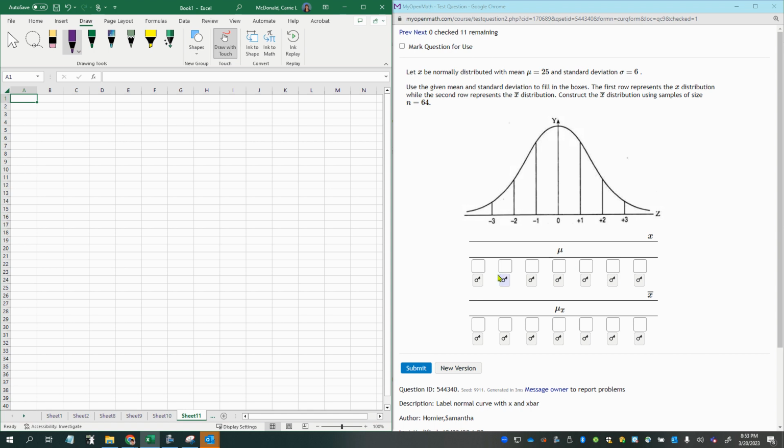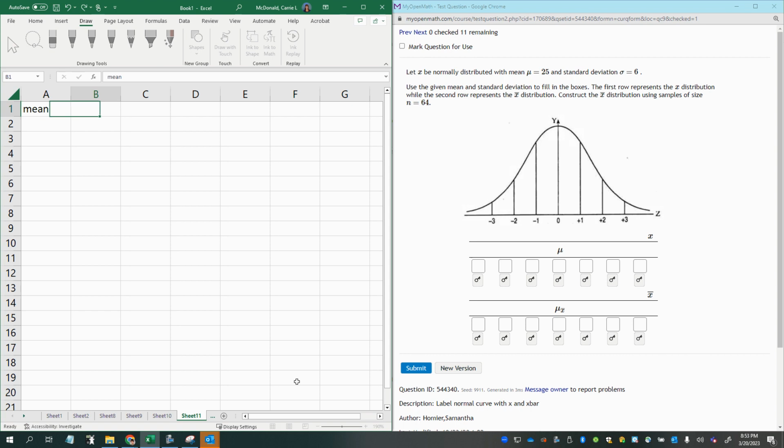So in other words, we're going to look at the distribution for just the original random variable, and then we're going to look at the comparison values or the scale values that correspond to the same number of standard deviations for the sampling distribution of the sample mean. So here's the thing. Okay, let's start with